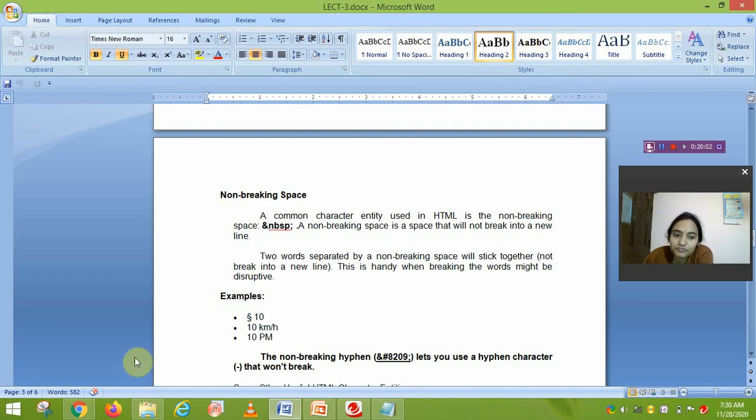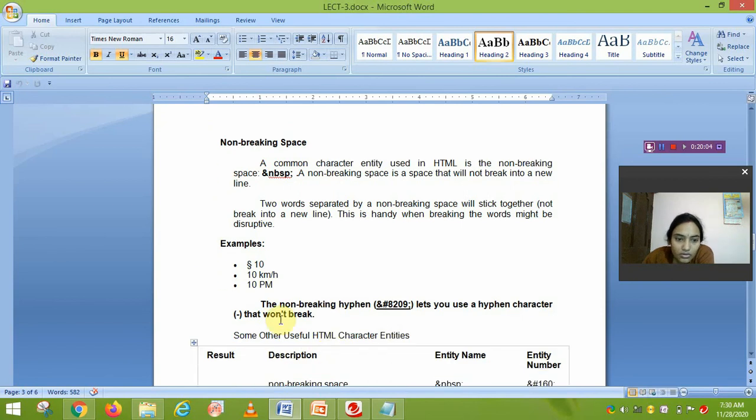For example, here we write 10 p.m. That means here, after 10, if we add one space or two spaces, then we write the pm. Okay, so here if we don't write the ampersand NBSP, then the space is not there. Okay, so for this we add the ampersand NBSP symbol to add the extra space.